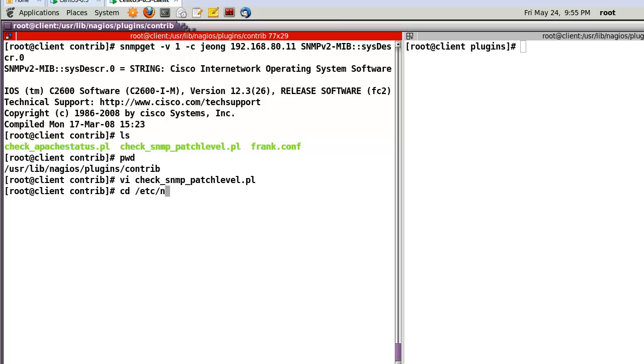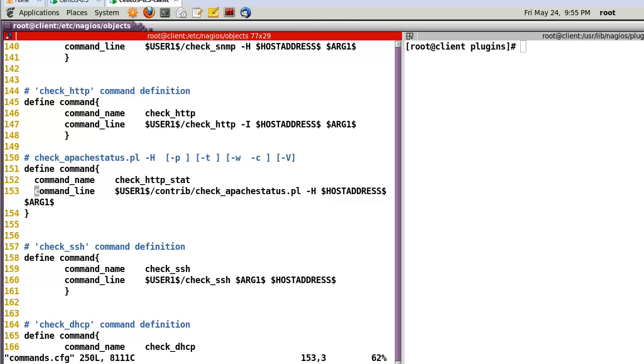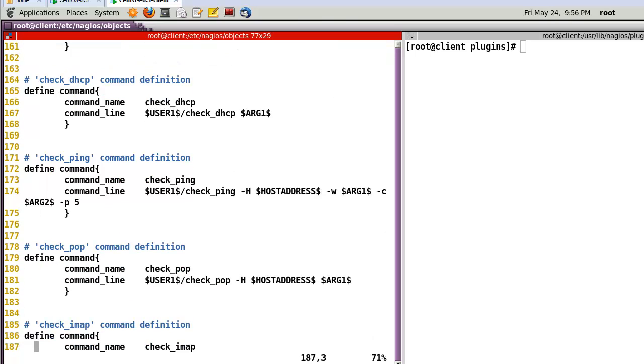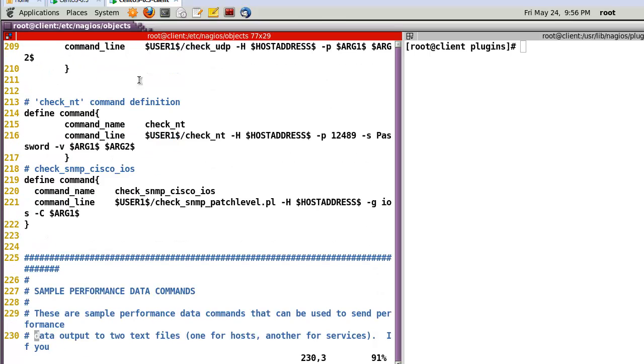here cd /etc/nagios, cd objects, and the commands file open here, and let's check the SNMP here. In my case, line number 219 command here. Check SNMP Cisco iOS, and here line check SNMP patch level, and the host in my case will be 192.168.8.11 like this. Okay, and after that,